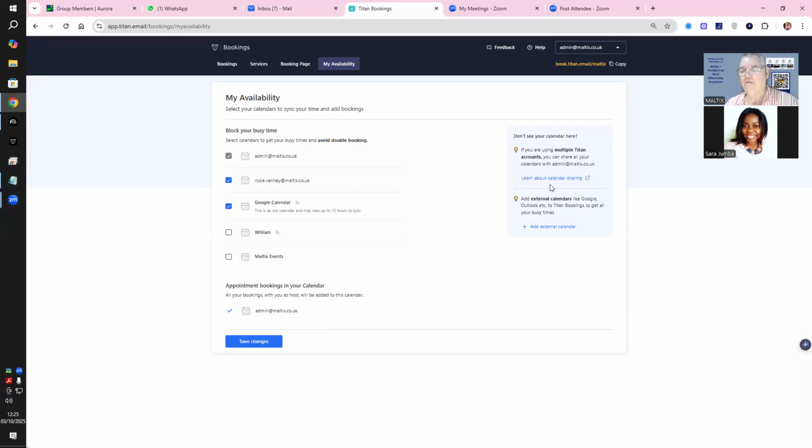multiple Titan accounts. So, for example, you could join up all the Lares VA accounts. Why not? And that way they can see who's on point, who's taking meetings, who can't speak now because they're on a meeting, etc. So we can do that. We can certainly do it from my perspective. I want to share my diary with everybody so everybody can see exactly what's going on at all times, and it avoids this confusion that we had, which was a workaround where I linked in Google